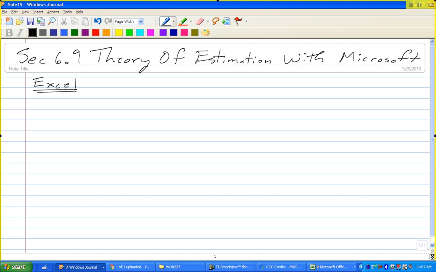Okay, so if you have a normal random variable, well, maybe I should write it as x. If you have a normal random variable, then to find the probability,